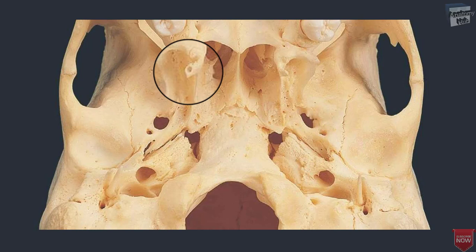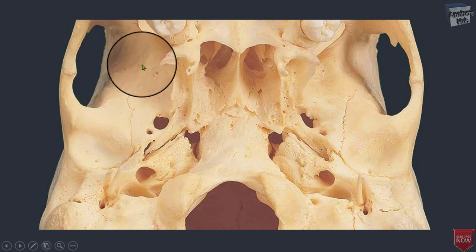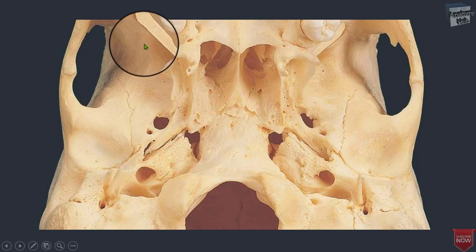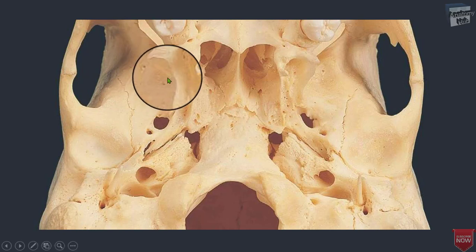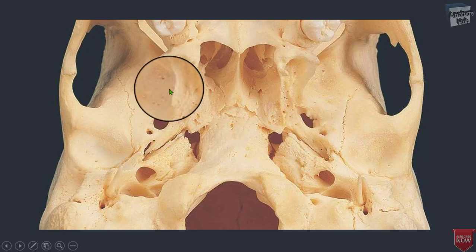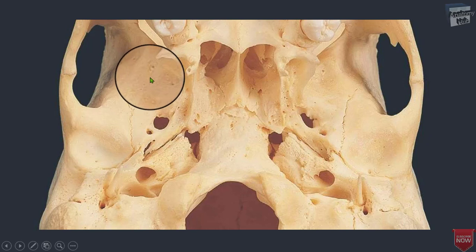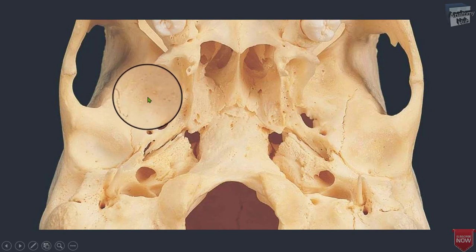The boundaries of the infratemporal fossa that you can see here become obvious if the outline of the mandibular ramus is projected into the base of the skull. The maxilla forms the anterior wall, the lateral pterygoid plate over here its medial wall, and the ramus of the mandible that we have removed here is the lateral wall, and the base of the skull over here, mainly the greater wing of the sphenoid, makes the roof of the infratemporal fossa.